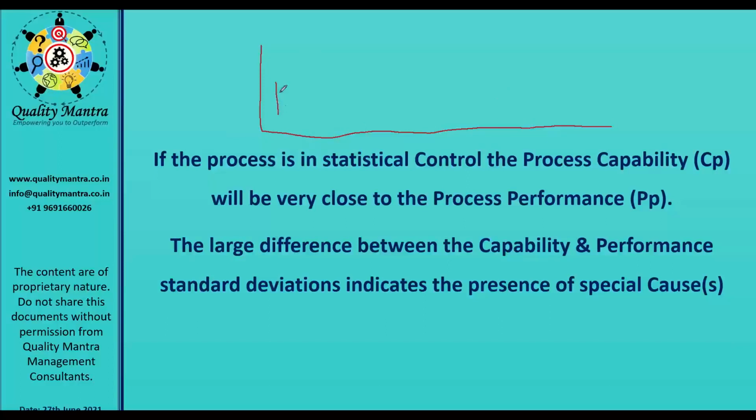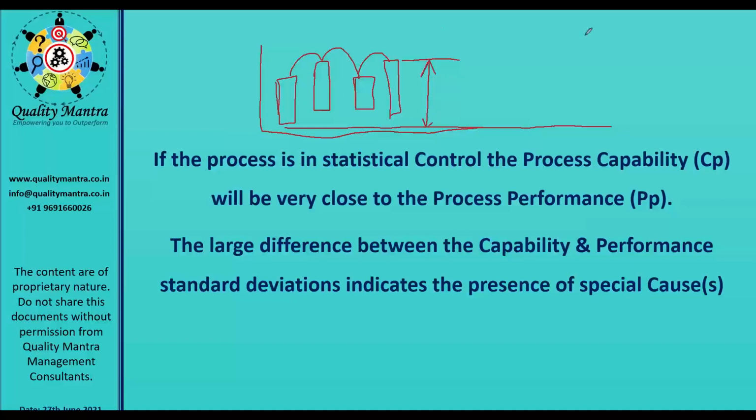So if this is a subgroup variation, subgroup 1, this is the variation. This is the subgroup 2 variation. This is the subgroup 3 variation. This is the subgroup 4 variation. And this is the variation within the subgroups. Now, if it is like this, it means that a total variation will be from here, the topmost, to this one. This is the total data present. That is the total variation.